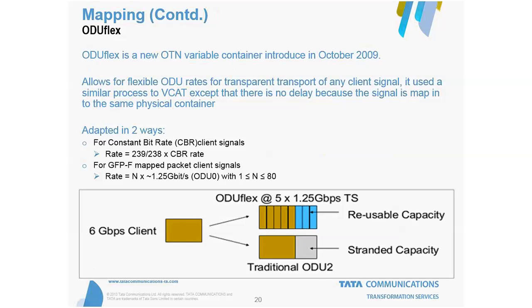Okay, you see something here as ODU flex. Same thing, customer demand. Somebody wants 6 gigabit per second, and we have to provide it. But we cannot waste a 10 gigabit Ethernet of our own capacity. So we got this thing called ODU flex, and that was introduced in 2009. What it does is use VCAT, VCAT,